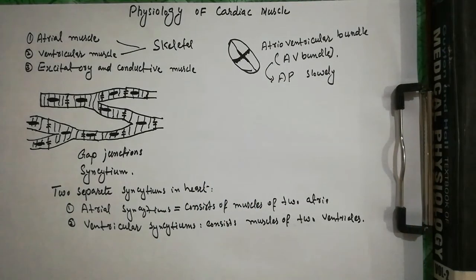Histology and mechanism by which muscle contracts is similar for cardiac and skeletal muscles, so you must watch the lecture on skeletal muscle. In cardiac muscle, the diameter of the T tubule is more and they lie at the level of the Z line, while in skeletal muscle, T tubules lie at the junction of the A and I bands. In the next video, I will discuss action potential in cardiac muscle.